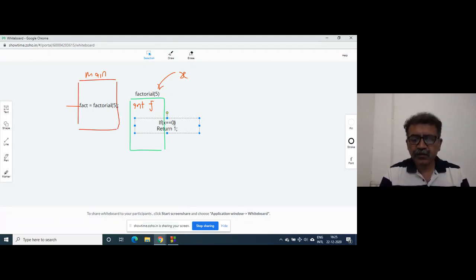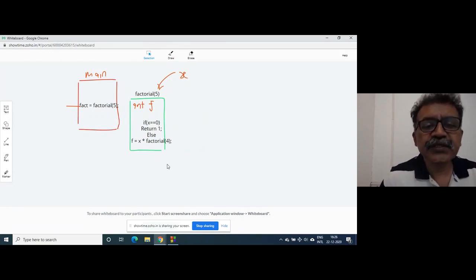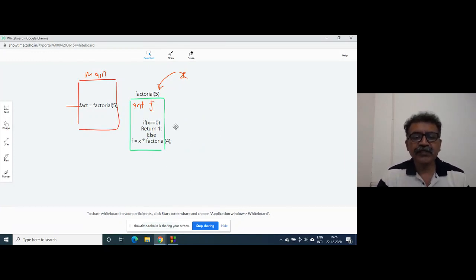This is how it is written. What is written in the else? The statement is f is equal to x into factorial of x minus 1. So that will be 4. This is the code of this function.